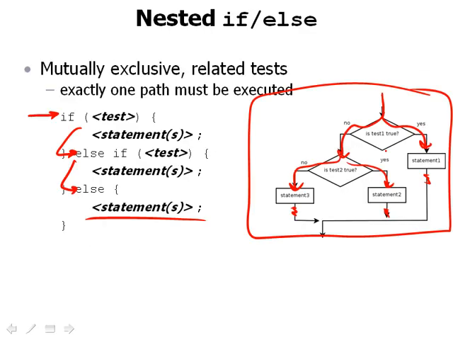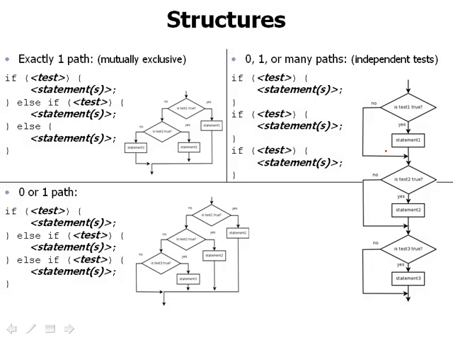So this diagram summarizes the different choices here. If you want exactly one of the paths to be executed, you pick the nested if ending in else. If you want to pick 0 or 1 of the paths, possibly skipping all of them, that's what we did in the Dean's List program, then you want a nested if else ending with an if. And lastly,